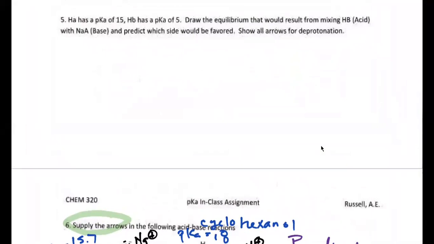HA has a pKa of 15. HB has a pKa of 5. Draw the equilibrium that will result from mixing HB, which is the acid, with NaA, and predict which side would be favored. Show all arrows. So we're taking HB